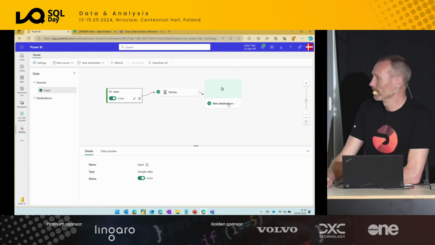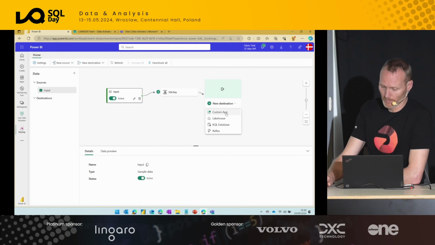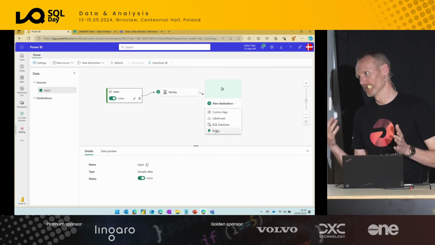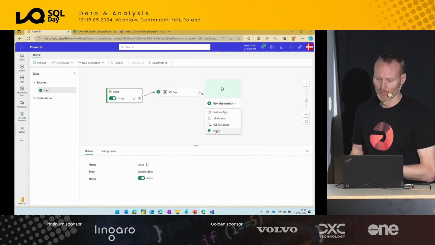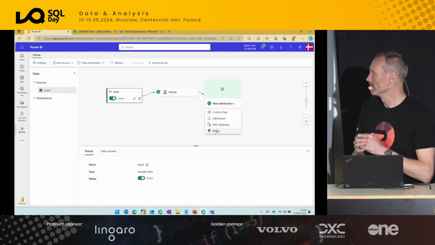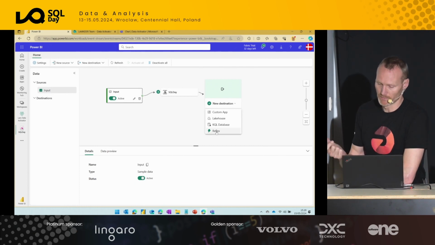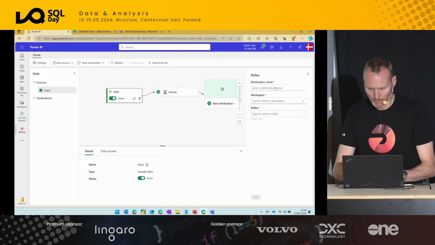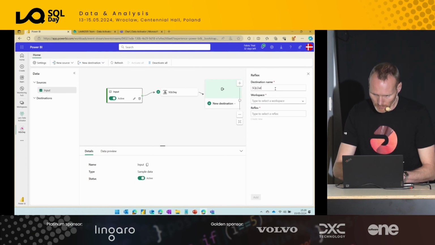And then I need to add a destination. This destination can be a custom app, it can be a lakehouse, it can be a KQL database, or it can be Reflex. Data Activator is the name of the product or the experience, but you don't have Data Activator items, you have Reflex items. So when I click Reflex here, I have to give it a name. So we call it SQL day bike